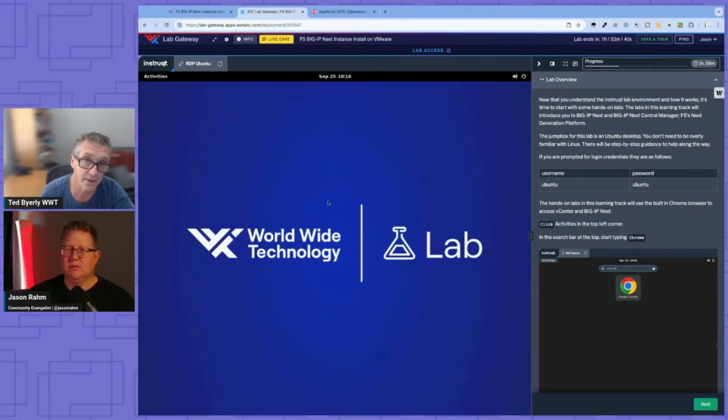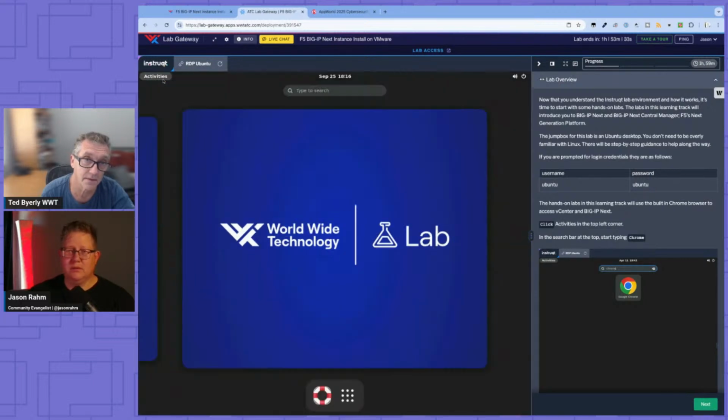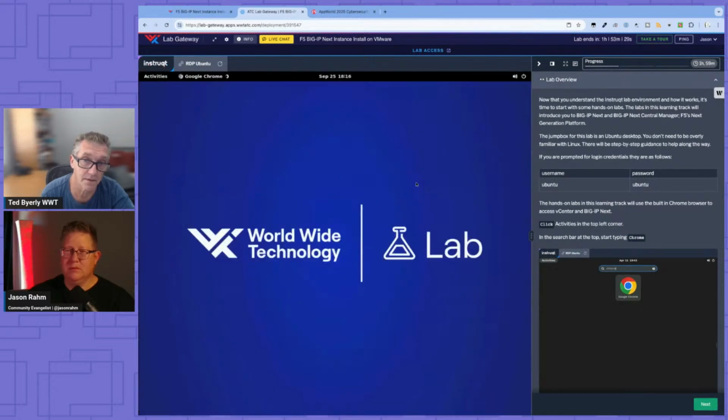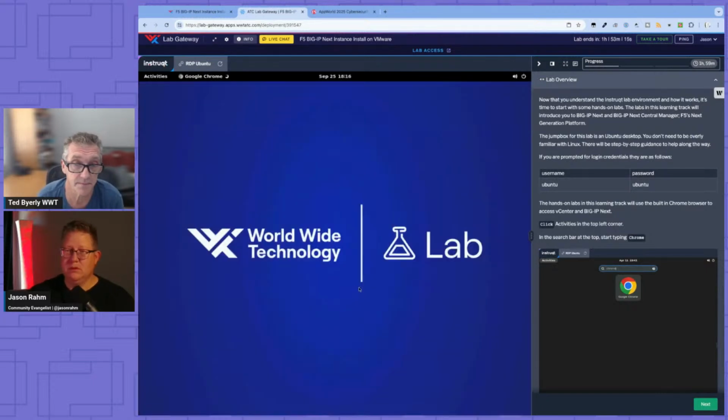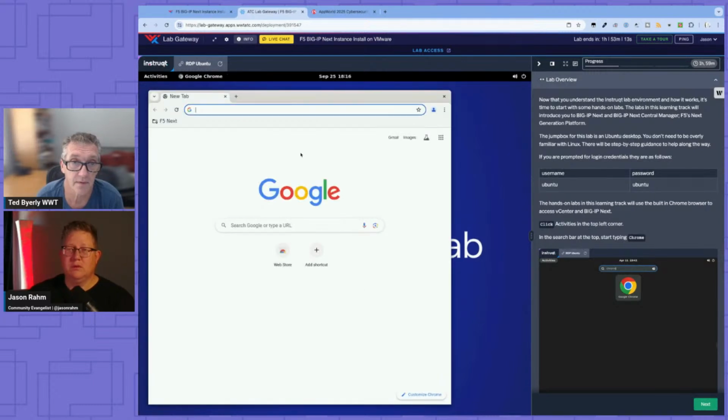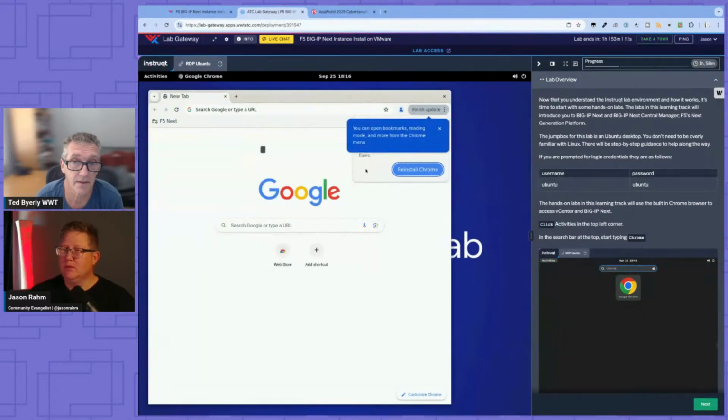All right, let's see if we can get Chrome up on the desktop. Activities, maybe. There you go. Type search, there, Chrome. It said to give that a password of Ubuntu. It's a new key ring, a new launch. You're going to get some kind of password. You could leave it blank if you want, though obviously for security you're not supposed to. So for the lab, just Ubuntu. And then you can dismiss all the warnings.